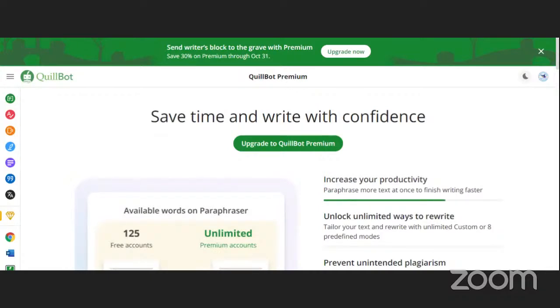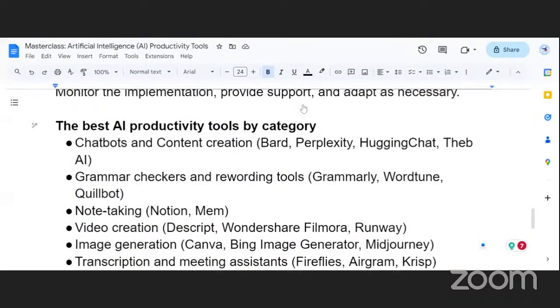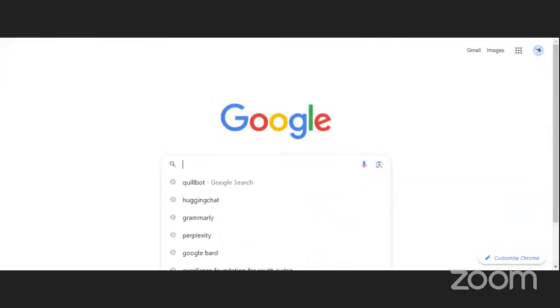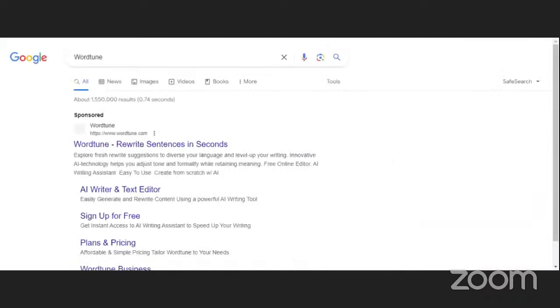And the other one we have here is WhatTune. So, WhatTune. You come to our search engine. Our search engine today is Google Chrome. So here is our search engine. Now we are looking for WhatTune. Enter.